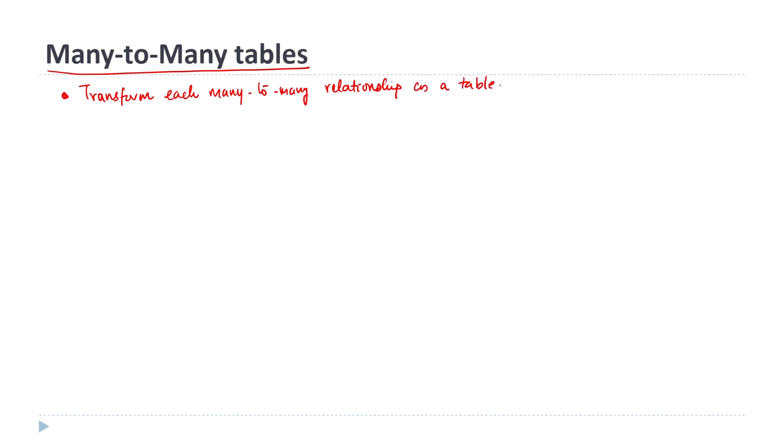Now, let us take the next one, what we call as the many to many tables. Okay. So, the many to many tables is in this case the primary rule or the fundamental guiding principle is transform each many to many relationship as a table. Okay. Create a new table. Okay. Each many to many relationship is now translated to a table. Okay. So, now how does this happen? So, that is the relationship table,